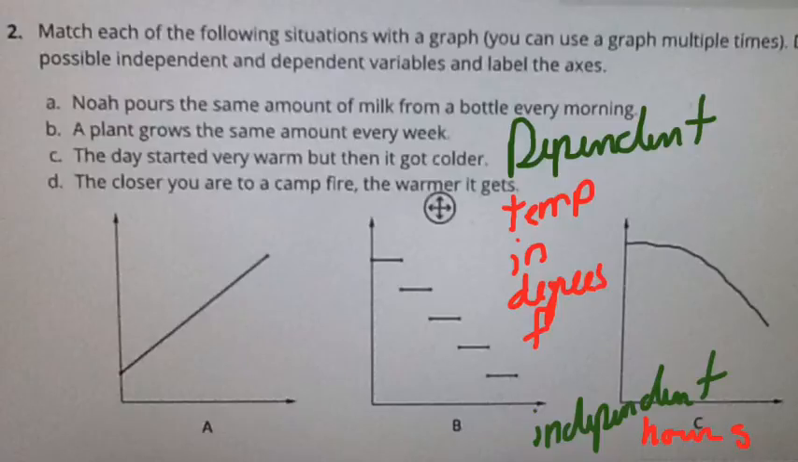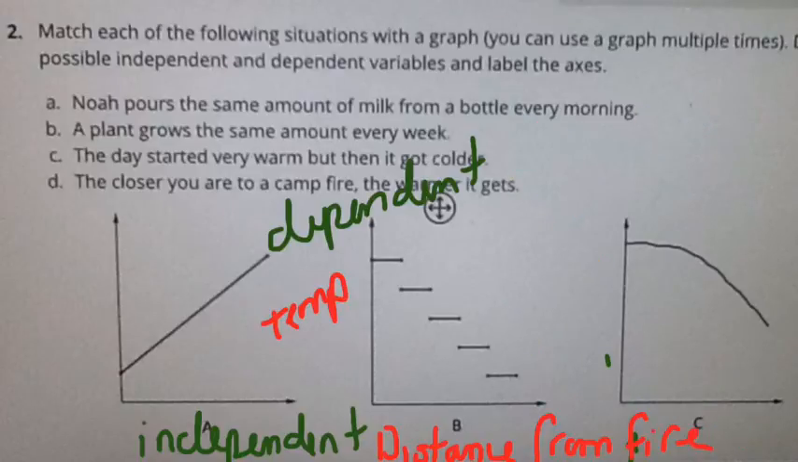And then D, the closer you are to a campfire, the warmer that it gets. The second secret message is going to be that the teacher book, and I want you to actually write this, the teacher book chose graph A for this one, but I don't agree with them. So I just want you to write that the teacher book chose graph A, but I think that it's this one right here,